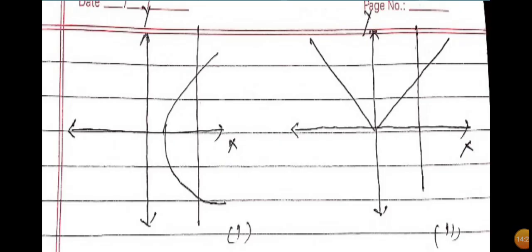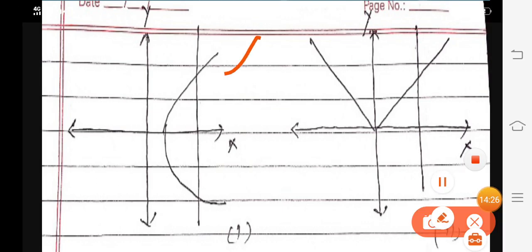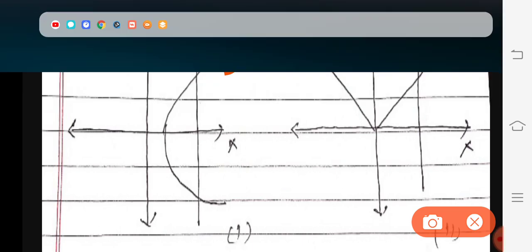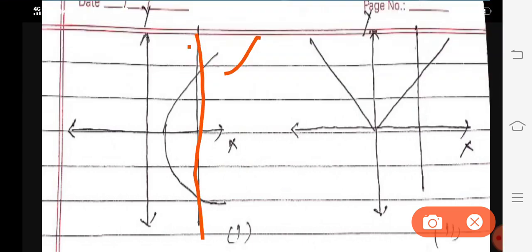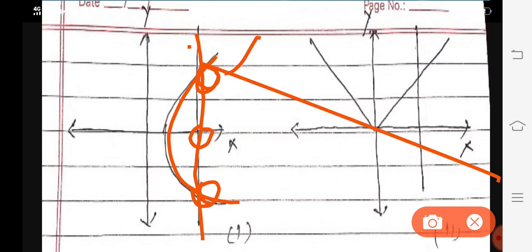In this relation, if we draw a line parallel to the y-axis, we see that it intersects the given curve twice. This means corresponding to this value of x in the domain, we are getting two values of y in the codomain. It means it is not a function.